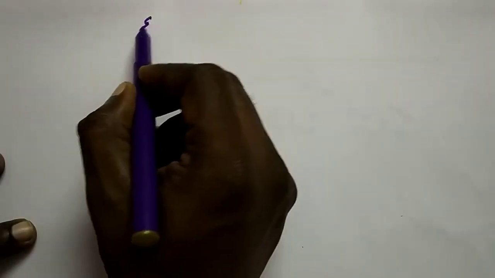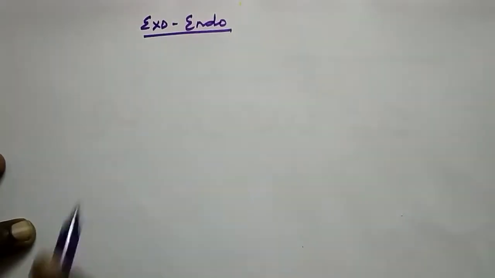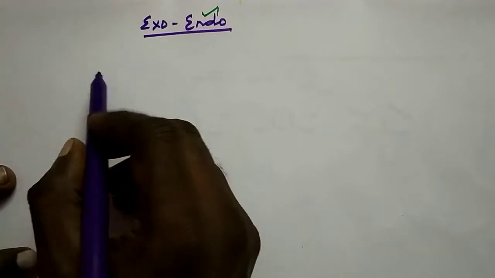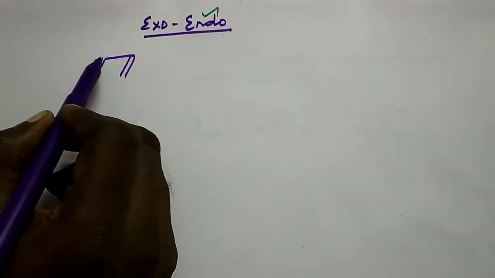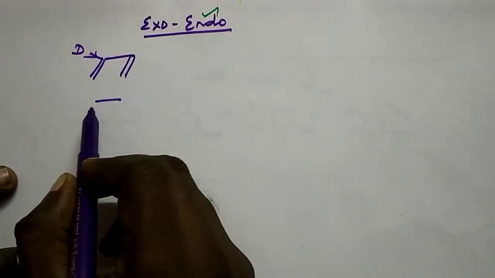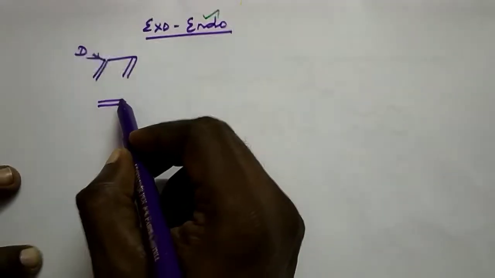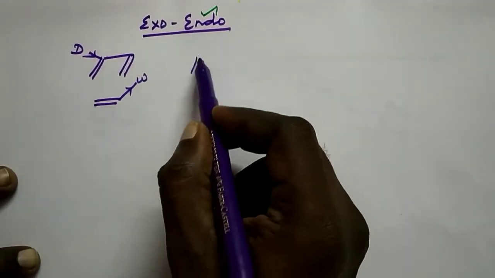And the next point is exo and endo. Okay, exo endo. Diels-Alder reaction is always endo-selective. That means, if I write the diene like this, the diene is electron rich, let it be connected with an electron donating group. And the dienophile should be connected with an electron withdrawing group. It should be like this. Okay, it should never be